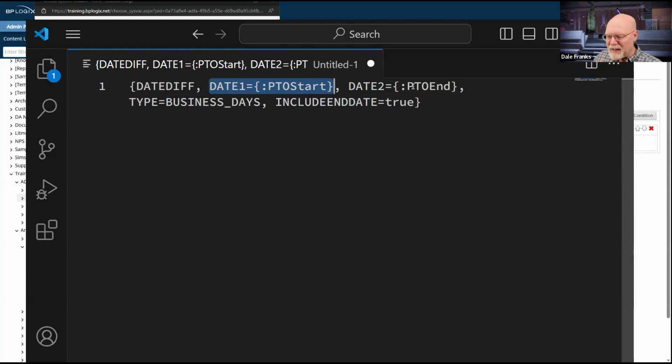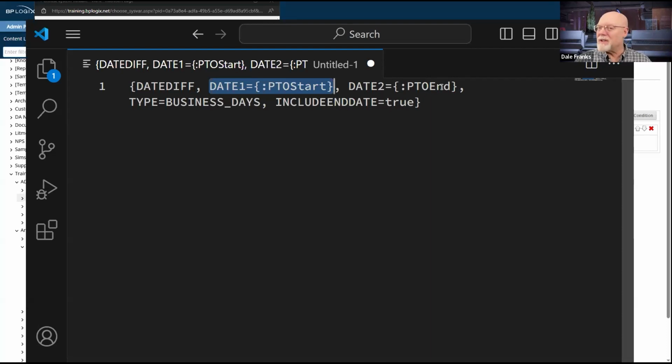And because we're using dates, we assume that the time is always going to be 12 a.m. So if I put in a start date of April 11th and an end date of April 12th, by default it will not count April 12th, because midnight is the very, very start of the day. So if I was to do a date diff between today and tomorrow, by default it would actually return one day, midnight April 11th to midnight April 12th.